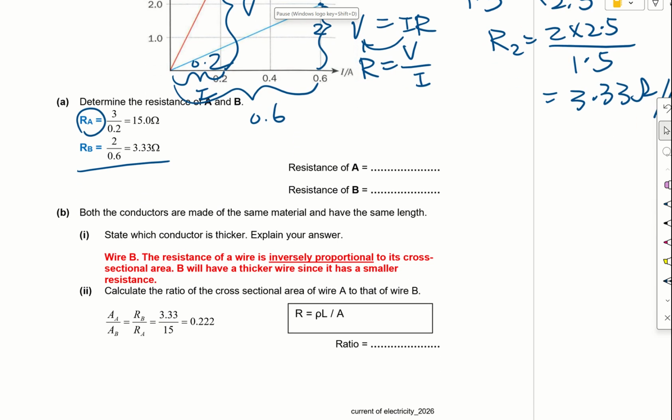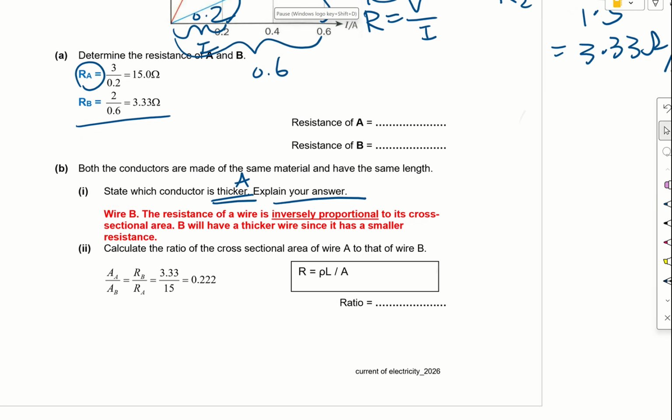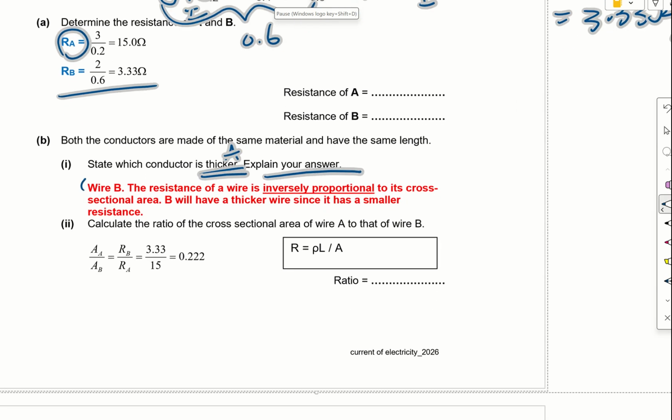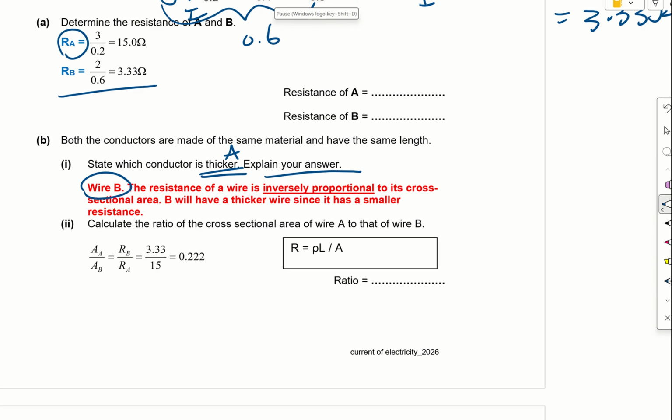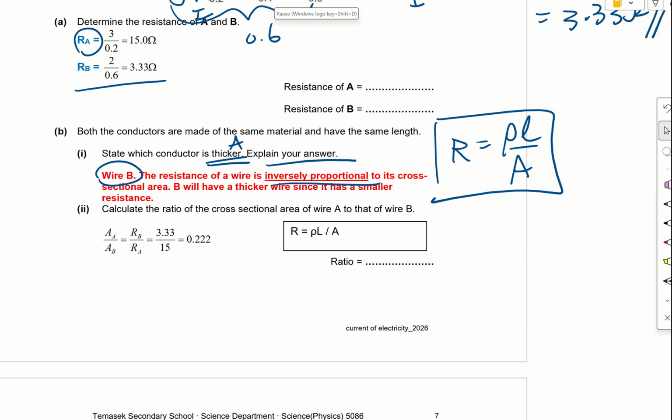Okay, so both the conductors are made of the same material and have the same length. State which conductor is thicker. That means the cross-sectional area is larger. Explain your answer. Okay, so the answer must be B because the resistance of a wire is inversely proportional. So if I look at the formula, R equals rho L over A. Remember, you can actually use this formula to explain, right? R equals rho L over A. Okay, so if I have a larger R, that means my A must be